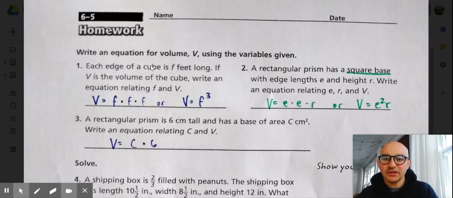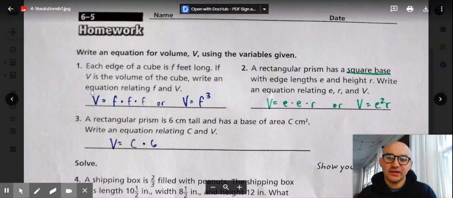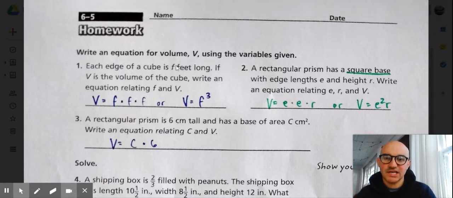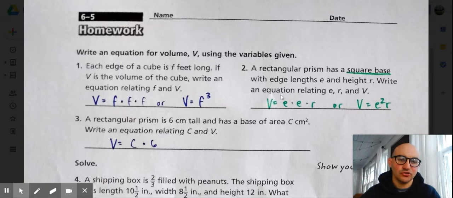Each edge of a cube is f feet long. If v is the volume of the cube, write an equation relating f and v. So this one's pretty straightforward. Each edge is f feet long. F is, of course, an unknown value. So we just write it. It's a cube, so each one of these is the same measurement, of course. Volume equals f times f times f. Each f stands for length, width, and height. Or, if we actually multiply them together, you could have written the equation as f cubed, f to the third